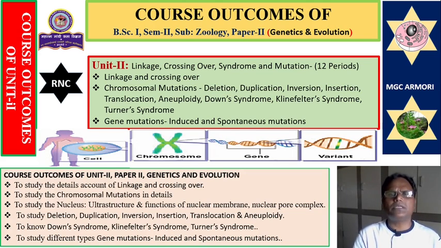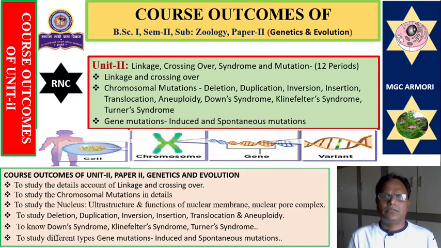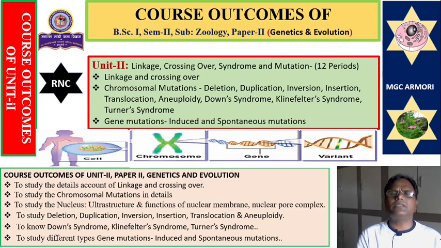Then we will also study Down syndrome, Klinefelter syndrome, Turner syndrome. This is genetical deficiency. How a deficiency comes into the offspring, even though both parents have no genetic defect, how such a syndrome or deficiency occurs in the offspring, ये सब बातें हम यूनिट नंबर 2 में पढ़ेंगे. Okay. Then unit number 3,